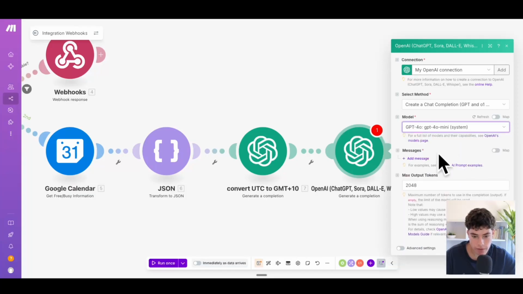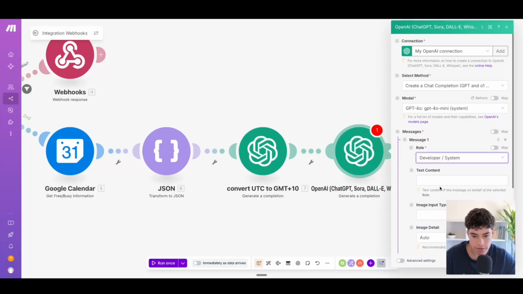Make sure you use 4.0 mini. And then the messages, again, pretty simple, developer system. So now the real purpose of this node is what we want to be doing is we want to be